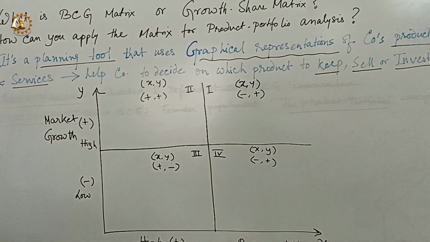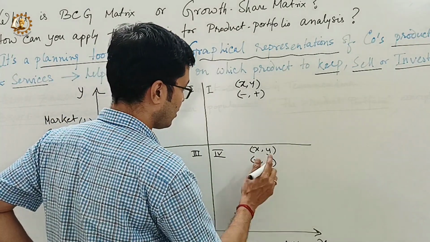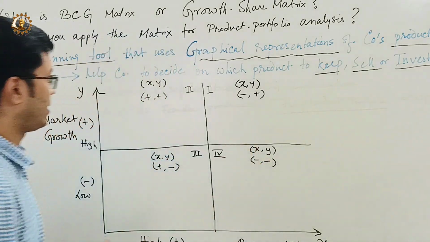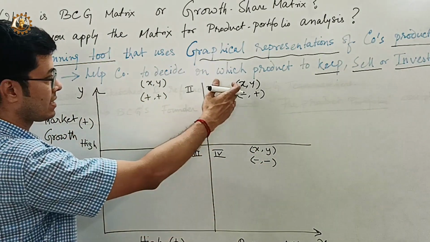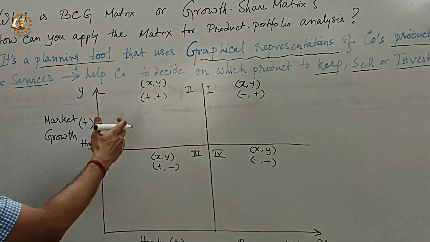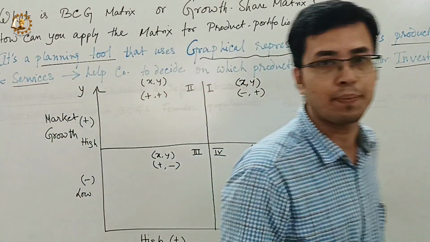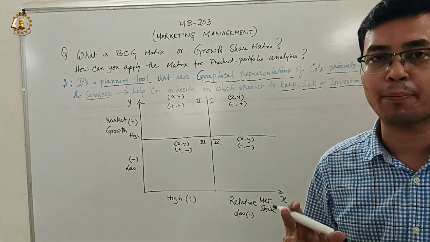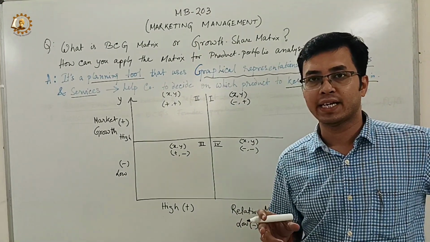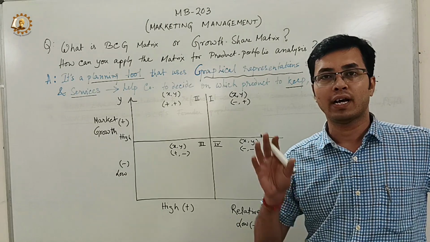Okay? So the value of y is also minus. So both are minus, both are negative. So here xy is minus plus, here xy is plus plus, here xy is plus minus, and here xy is minus minus. Now you have to understand, when a company launches a product, they should ideally look for a market